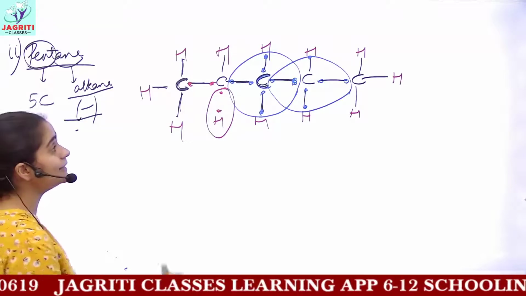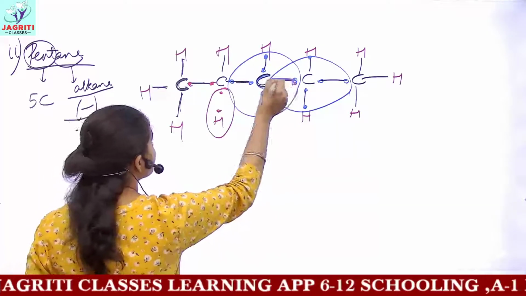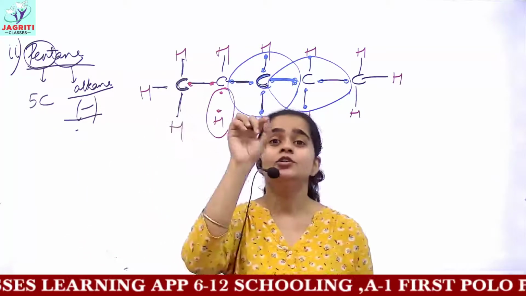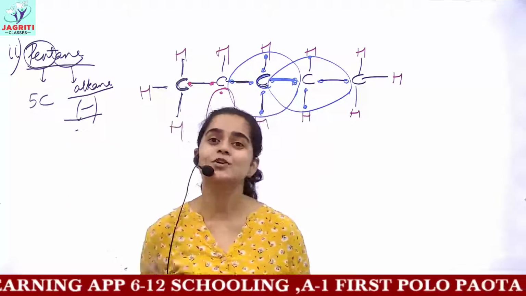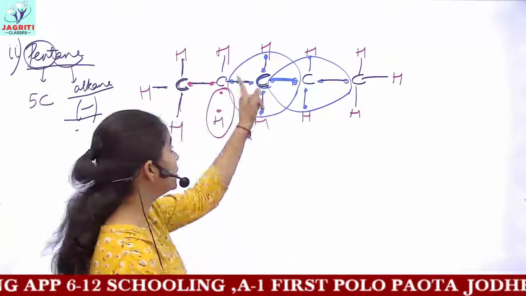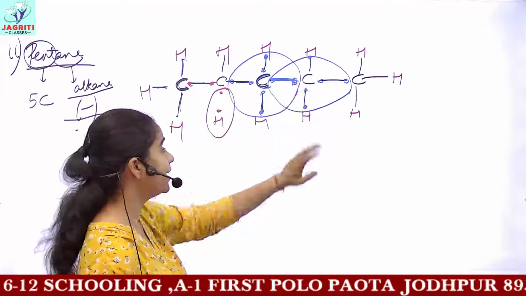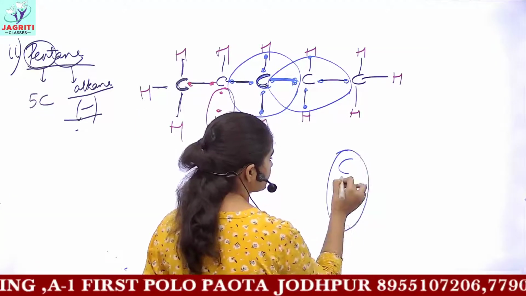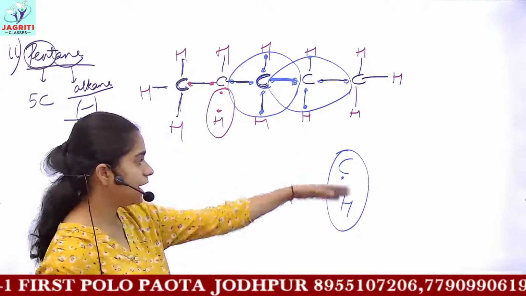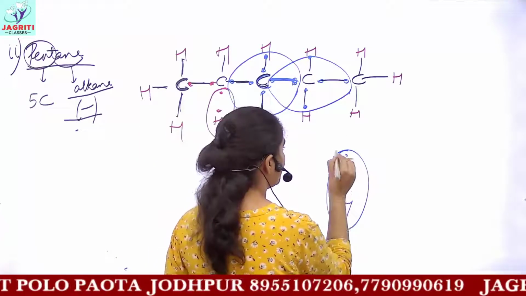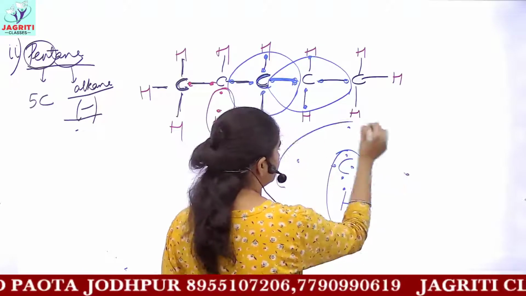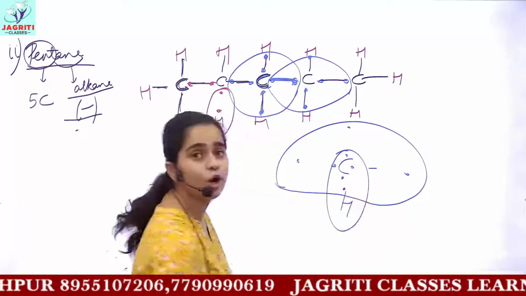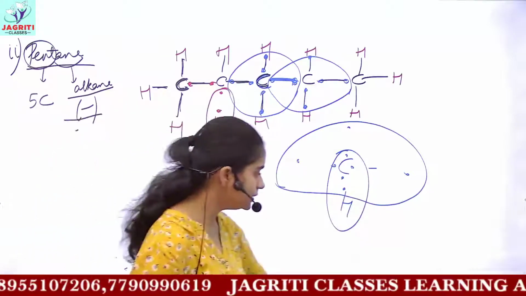Remember one thing, in the electron dot structure, these bonds are not present. You only have to show electrons through dots or crosses, but never include the bonds. I have just given you an idea, but when you are asked about electron dot structure, the structure should be like this. Like this would be the hydrogen circle, and talking about the carbon, this would be the circle of carbon. Never show bonds, never make the bonds of valence electrons. So this is what we discussed.